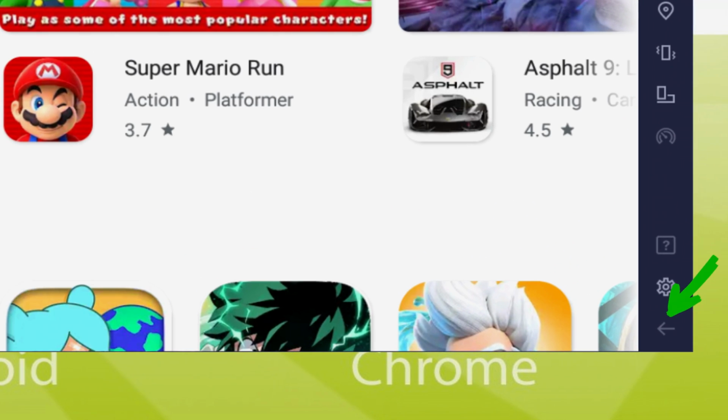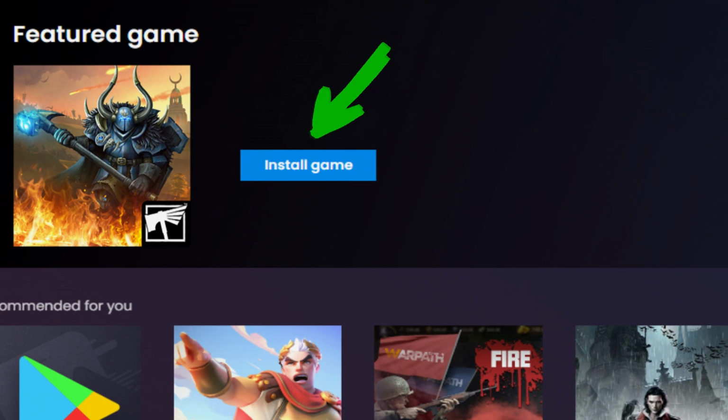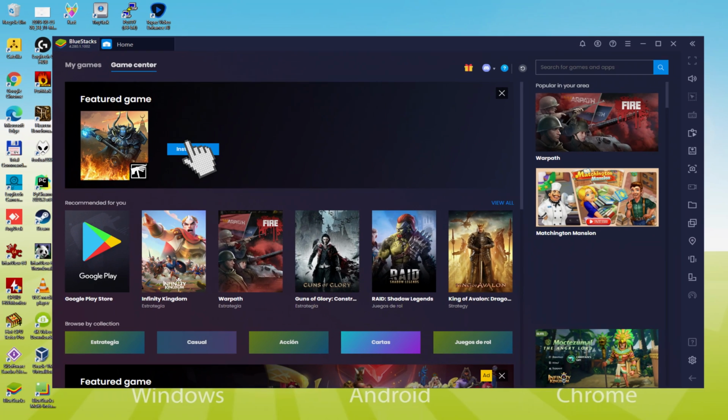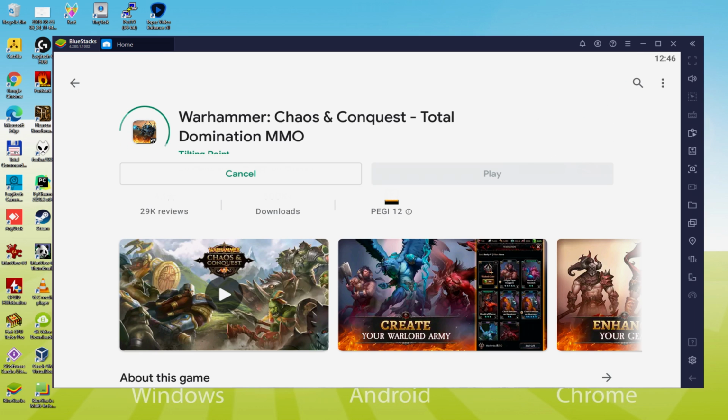icon indicated in green. Now that we are on the desktop of the emulator, we find there the Install Application option. We click on this button. Here we have the game. Let's simply click now on the Install link that I am presenting now in green. That click will launch the installation. At this moment it should download on your computer and set up the game.